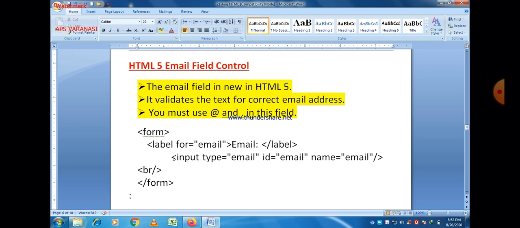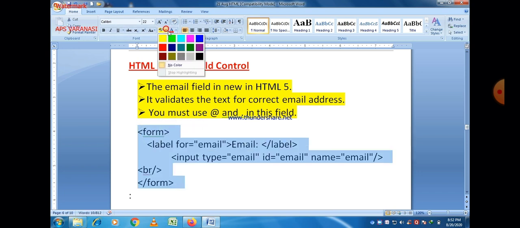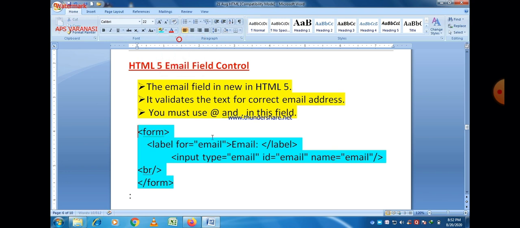That is the syntax. Start from form. Form is a container tag, and first of all, a label should be mentioned, as we discussed already in our last lecture. So the label, first of all, for is email, and for is whatever we write just after that. It is the same as the ID in input, and the label is Email: and then label is a container tag, so we just use a closing tag here, and then input.